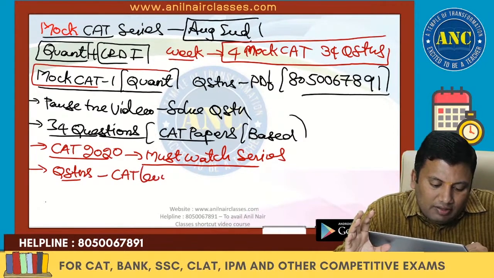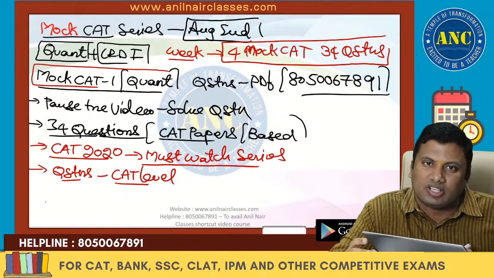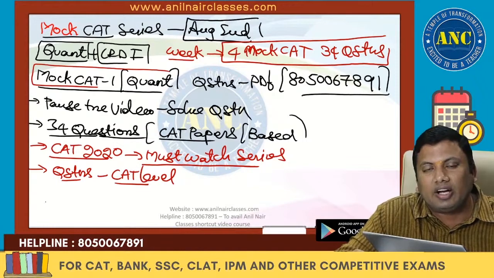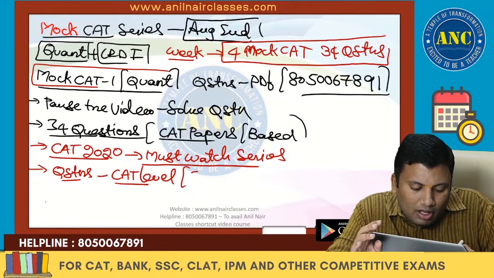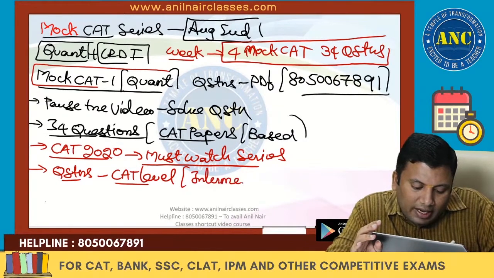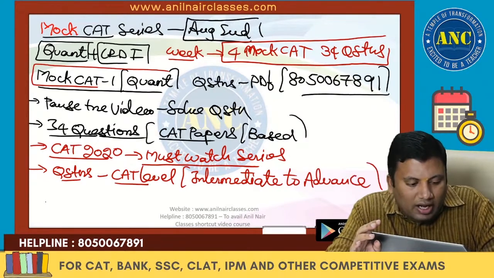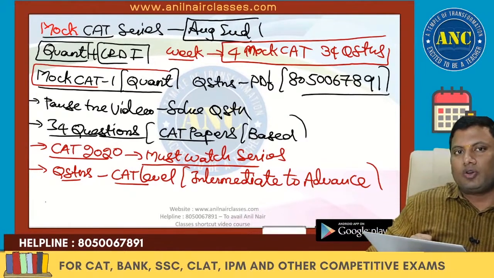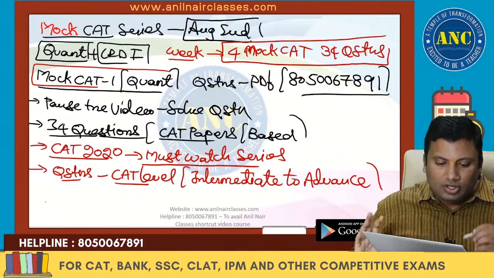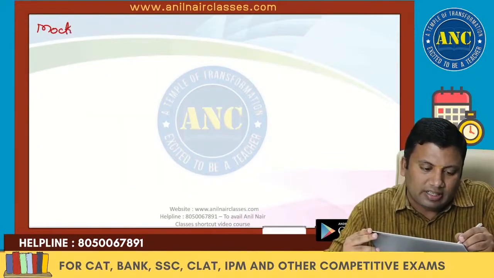In case you are expecting some basic questions, very few basic questions will be there. As you know, last year's CAT was more of a logical paper rather than a formula paper. So all the questions will be of intermediate to advanced level. I will take up a question, discuss the concept used in it, and then solve the question. In each class I will solve 34 questions; I am just setting the rhythm.